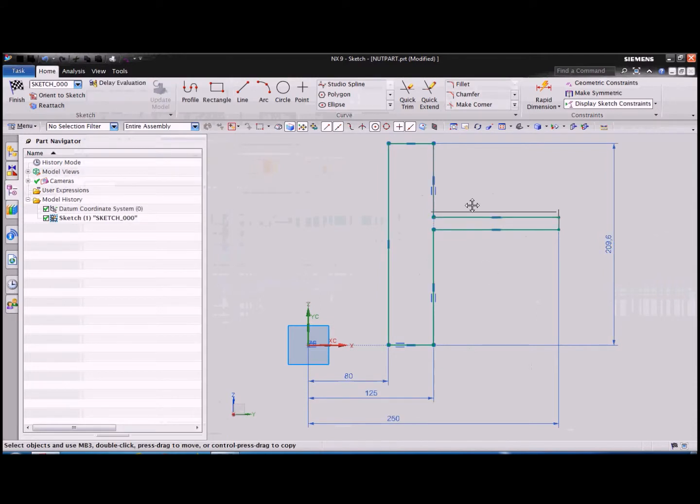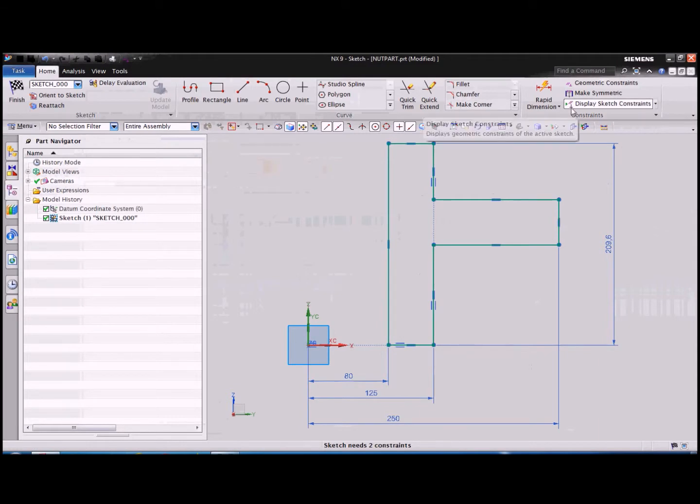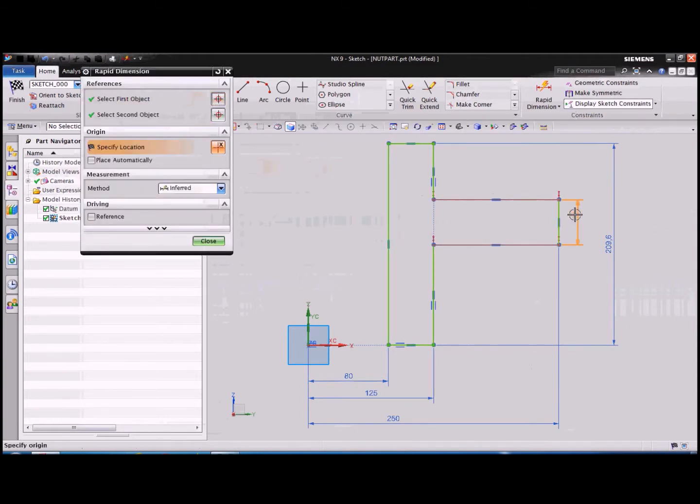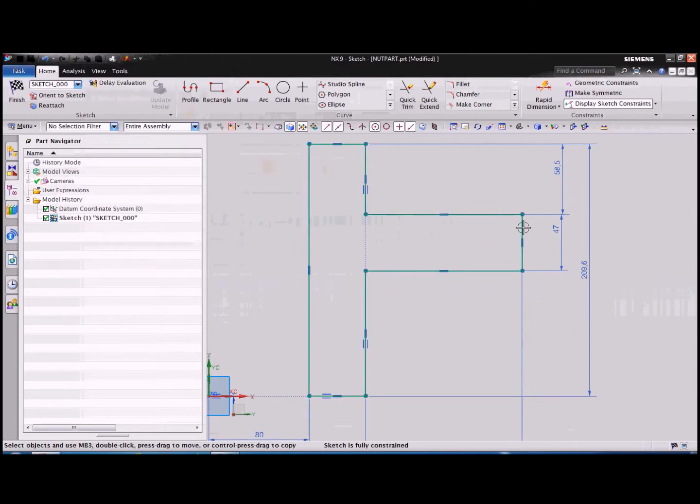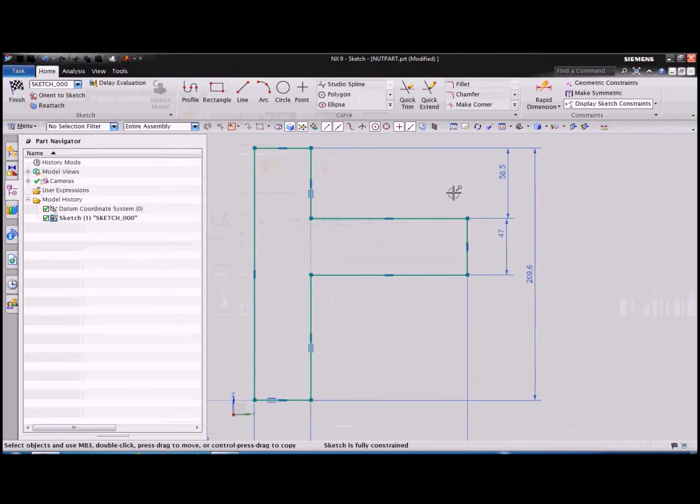Once you click the geometrical constraint or dimensional constraint, then you will come to know which curve is moving, so that you can assign the necessary definition whatever required. Now the sketch is fully constrained,